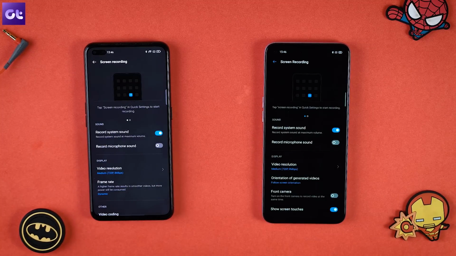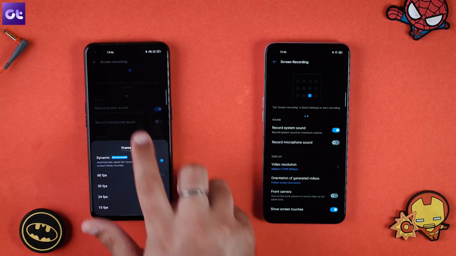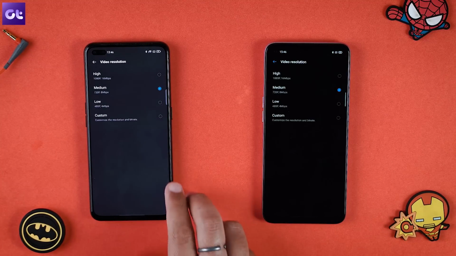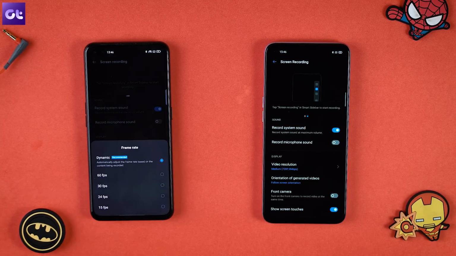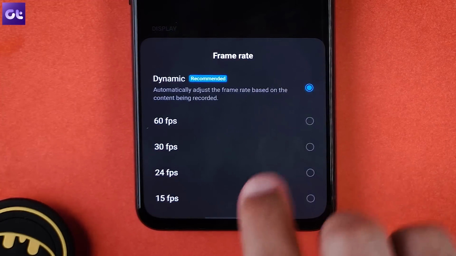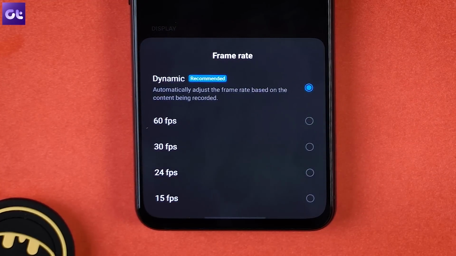Most of the settings in screen recording, as you can see, are the same, but one difference here is frame rate. While earlier you could change the video resolution along with the bit rate associated with it, frame rate allows you to change your recording at 60 fps, 30 fps, 24 fps or 15 fps depending upon the storage space that you have and the kind of smoothness that you would like to see in your video. What's weird is that although this is a 90 Hz panel, we do not have a 90 FPS option showing up in the frame rate settings, but maybe that will be added in the final update.